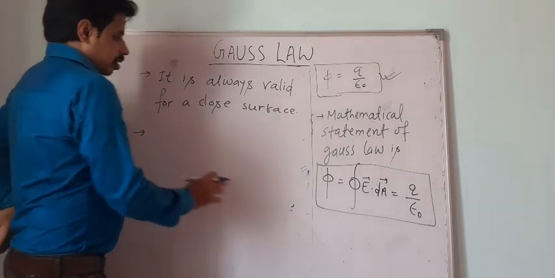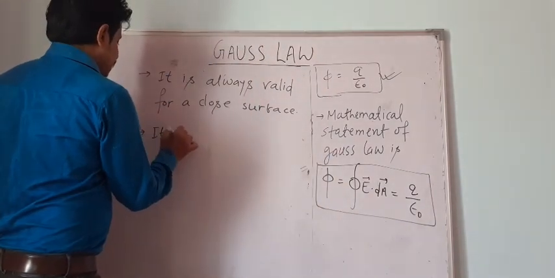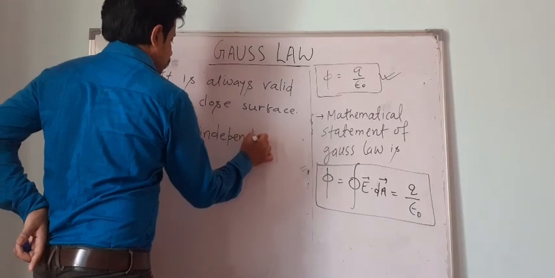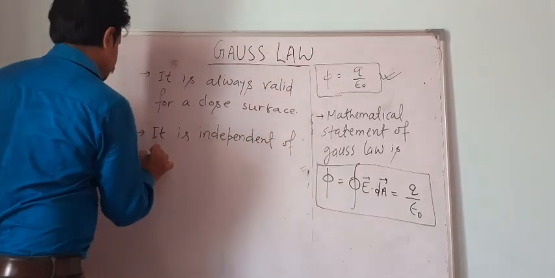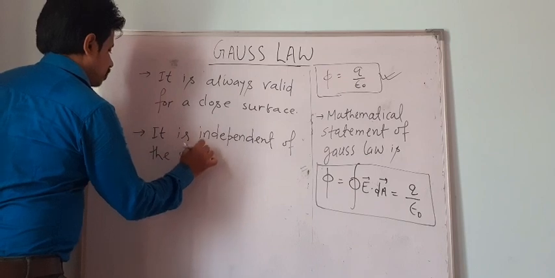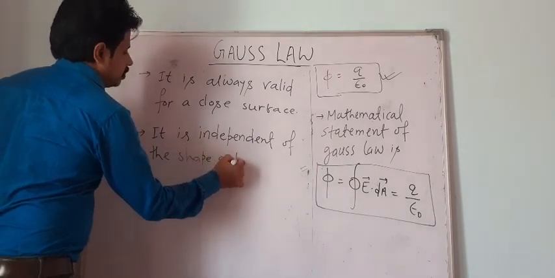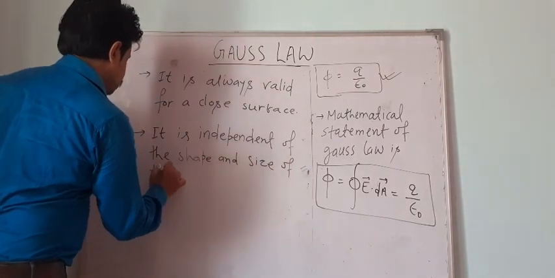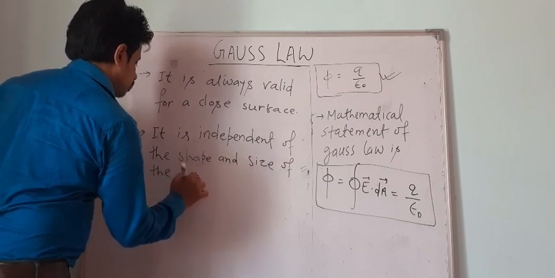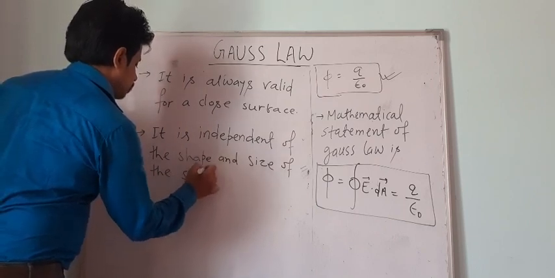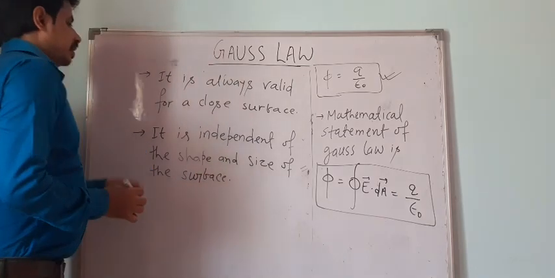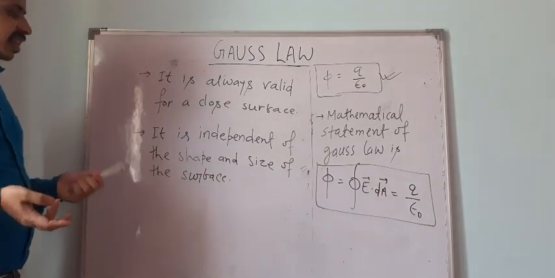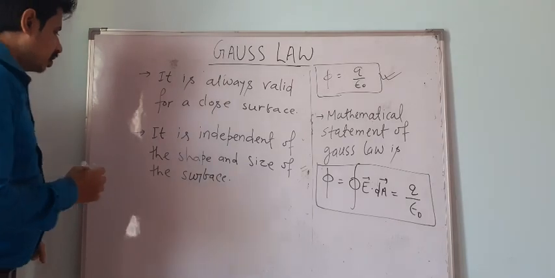Second, it is independent of the shape and size of the surface. So it is independent of the shape and size of the surface, whether it is cylindrical, conical, spherical, whatever, it is irrelevant. For example,